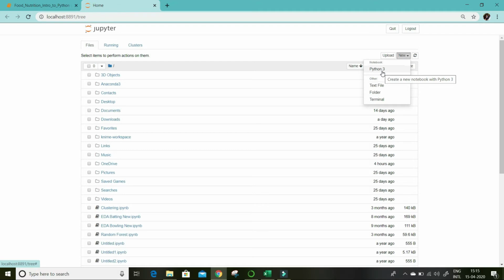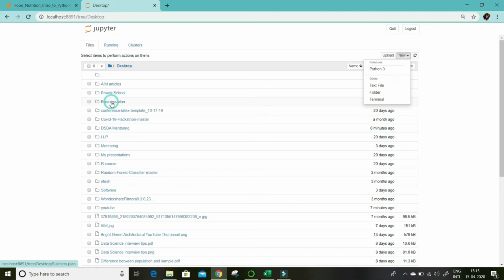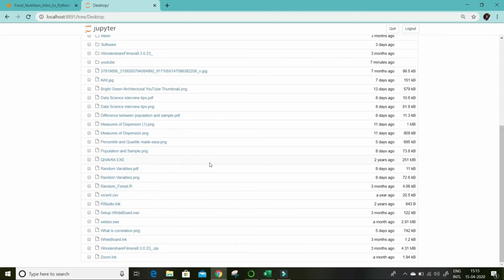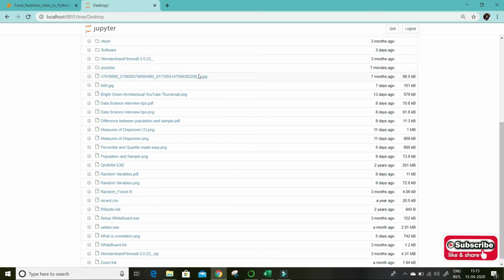Otherwise, if you have to save in any specific place, this is your computer, all the libraries that you have on your system, you can select that library also, and there you can go ahead and save it. If you select Python 3, it will save inside Python only, and if you select any of the libraries, this Python code could be saved even in that library. Suppose I want to save it on the desktop, and on the desktop I have many folders, and suppose I want to save it in the YouTube folder.